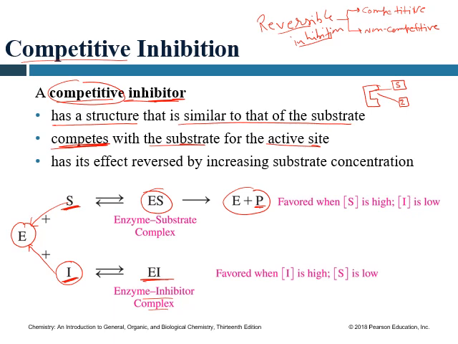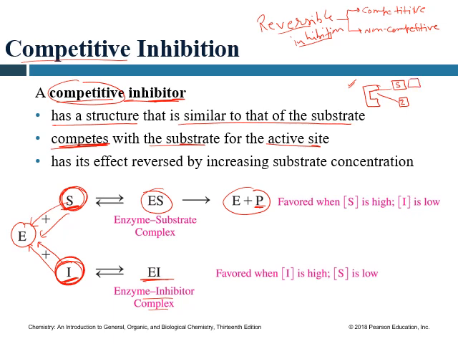But this is reversible. How can we reverse this, how can we change this scenario? As we know, the substrate and inhibitor are both competing. So if I increase the concentration of the substrate, there will be a higher chance of the substrate going to the active site. For example, let's go to this example again. On the right hand corner, you have an enzyme, a substrate and an inhibitor. Right now it has a 50-50 chance to get into the active site, right? But